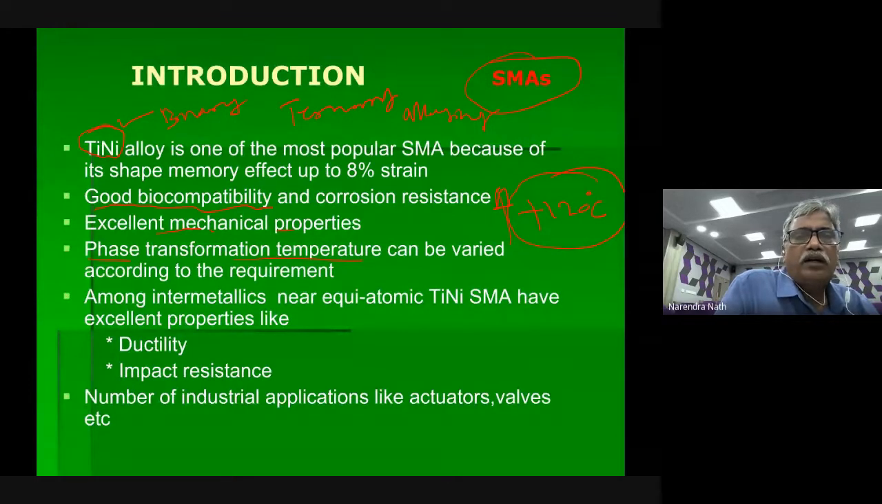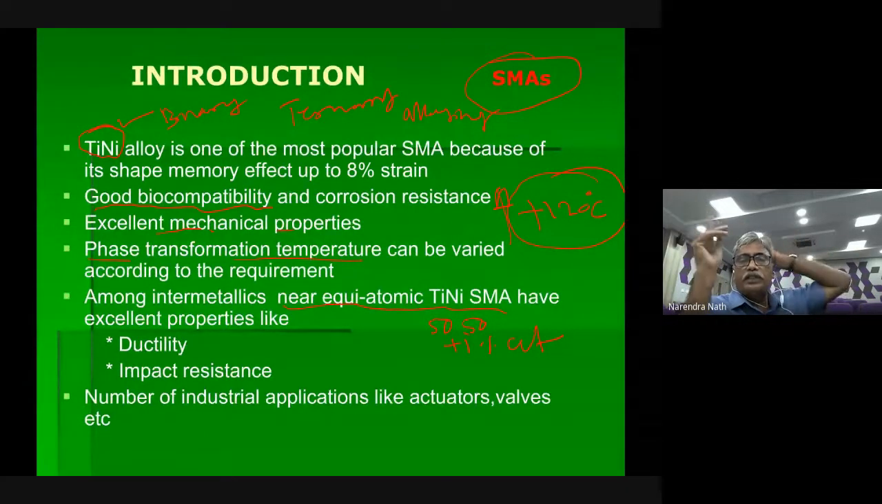Similarly, among intermetallics, near equiatomic is having very good properties. Near equiatomic is nothing but, say, 50-50. The variation is plus or minus 1 atomic percent. Then only it is called near equiatomic. Suppose it is 75 nickel and 25 titanium, then it is not near equiatomic. So it is nickel rich. Suppose titanium is 75 and nickel is 25, then it is titanium rich. Okay. Then you may not call it a shape memory alloy. Then you have to call it simply an alloy, because it may not have any kind of shape memory